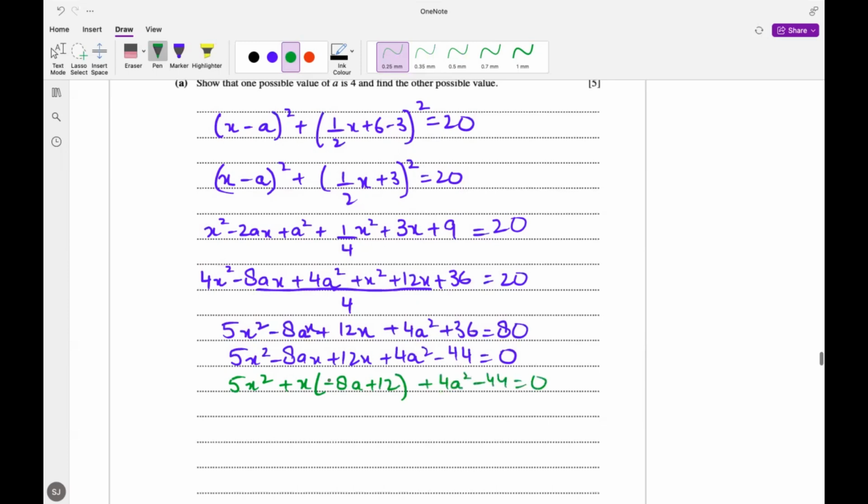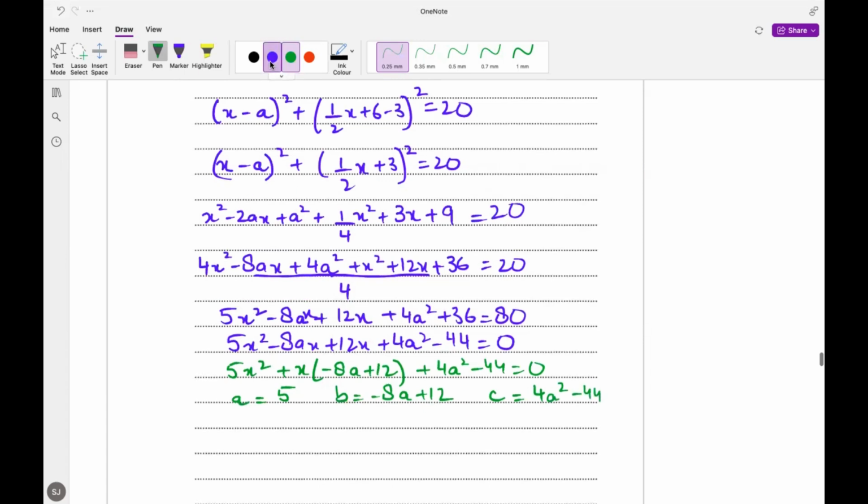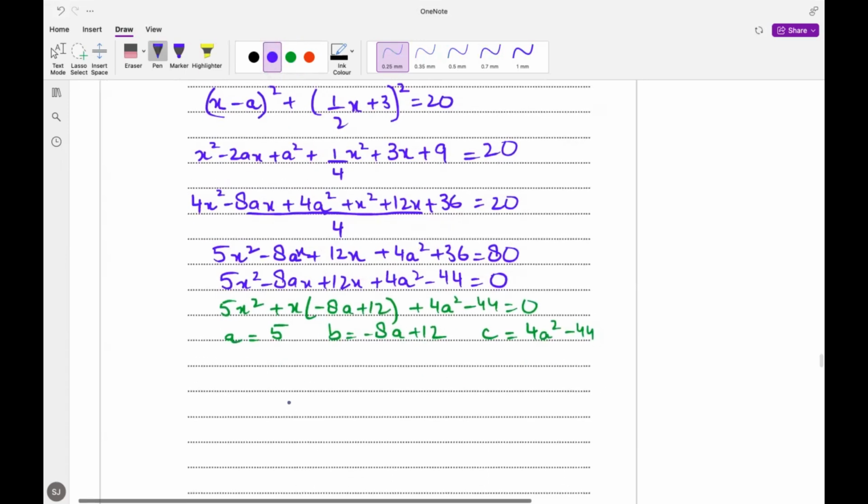So the coefficient of x squared is 5, so a will be equal to 5. The coefficient of x is minus 8a plus 12, and the constant term is c, so that will be 4a squared minus 44. Now taking b squared minus 4ac. So b squared will be minus 8a plus 12, we can write it as 12 minus 8a whole squared, minus 4 into 5 into 4a squared minus 44,